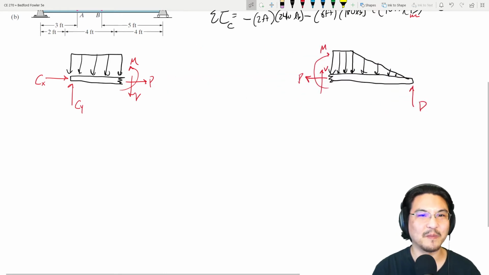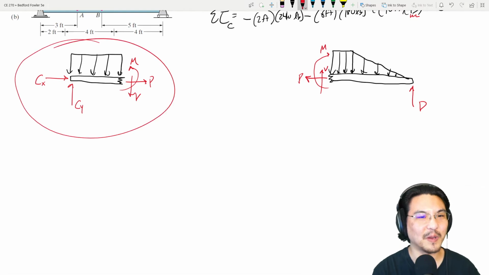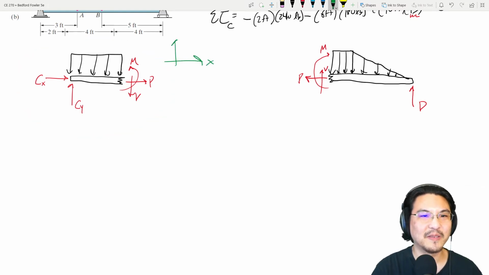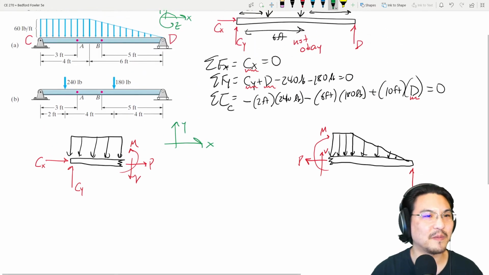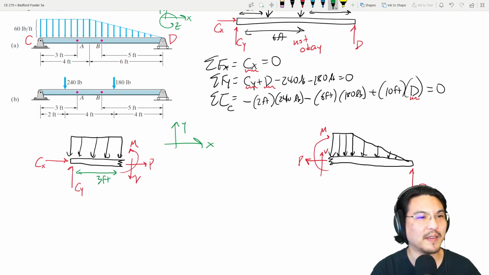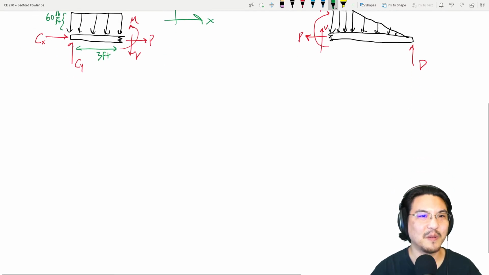Okay, and then I'm going to focus on this one. Okay, so my coordinates were again like this. Oh, and then where was this? 3 feet. Okay, so this is 3 feet. And here to here was 60. Okay, so now